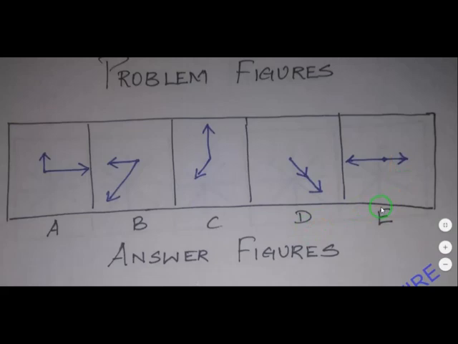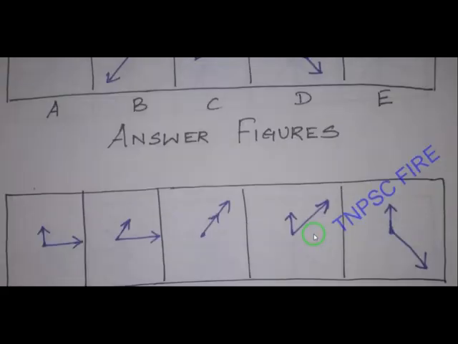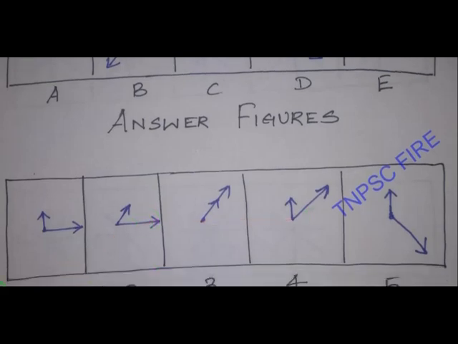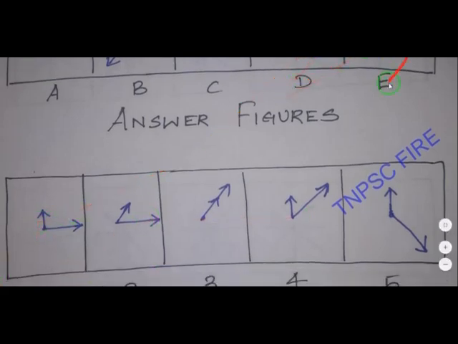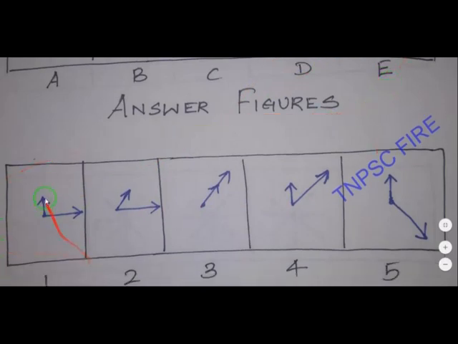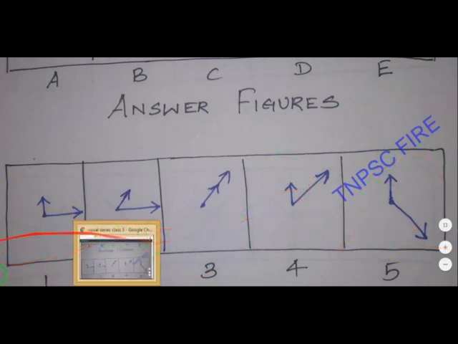Okay, what is the further figure? We are going to find the next figure for the small image. Okay, let's move on to the answer figure. What will come? Here the straight line will come, no? The small image is here. So this 1, next 4 and 5. Okay, these are all the answers coming here. 1, this is 1 and this is 2.